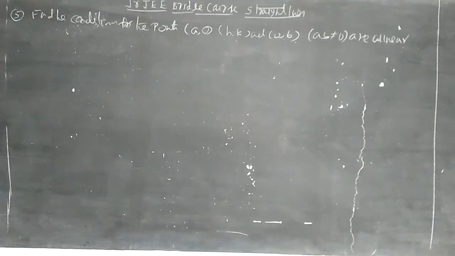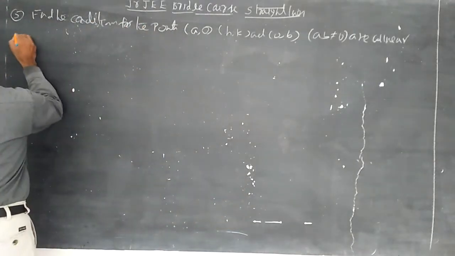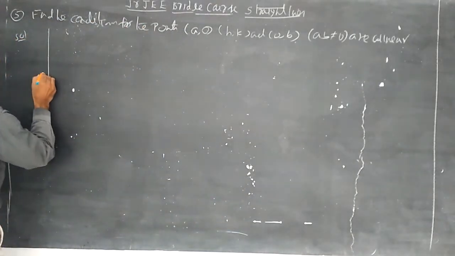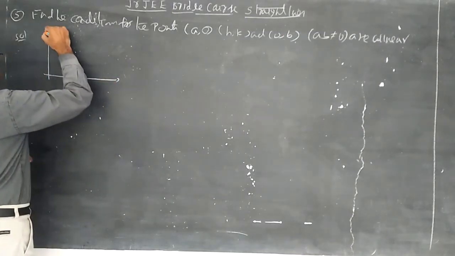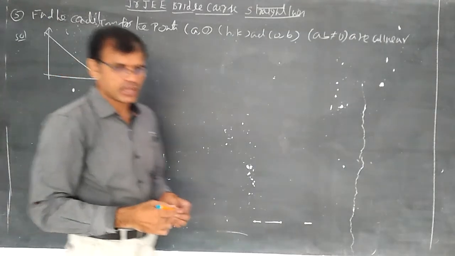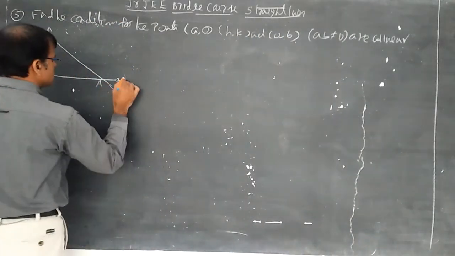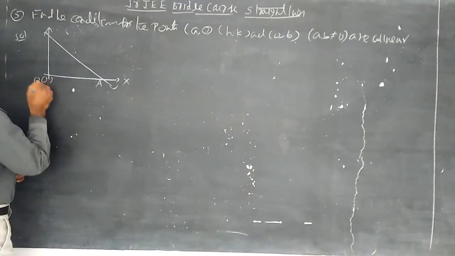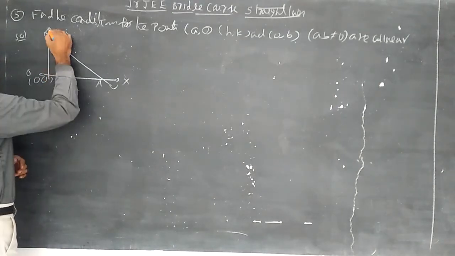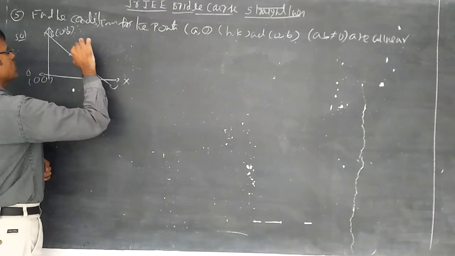Whatever the concept and whatever the sums I am discussing with you, everything depends upon the concept I say. First of all, you should draw the diagram. Geometry gives an accurate value with a rough diagram, the statement given by Euclid. Now put capital A here on the x-axis, this is the origin (0, 0), this is B (0, b), and this is the line passing through the point (h, k).